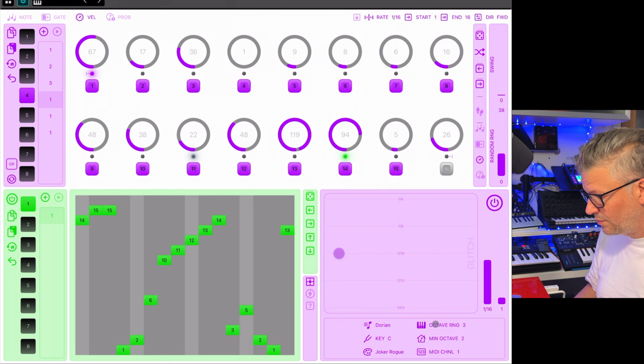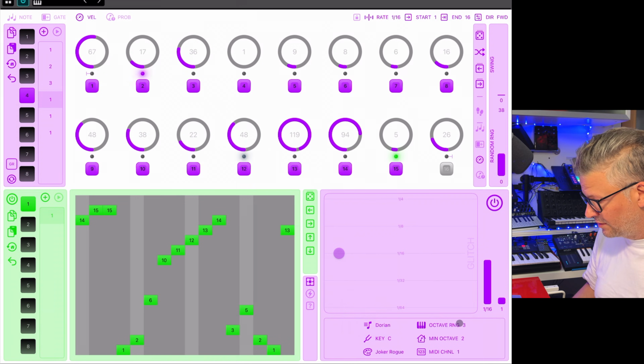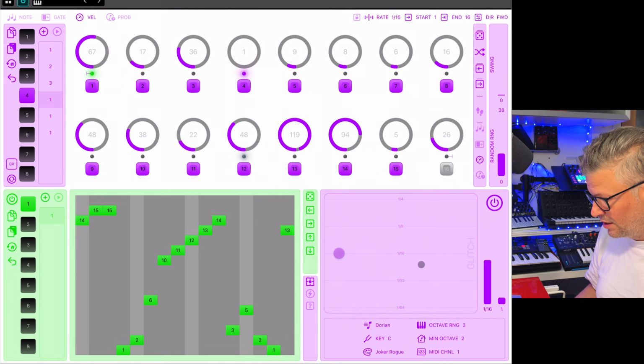And this is controlled also by: do you want a Dorian key or scale, the range of the octave you're going to play, the minimum octave you're going to play, the channel it's going to take at the output, and the key in which this is supposed to be. So by playing with this,